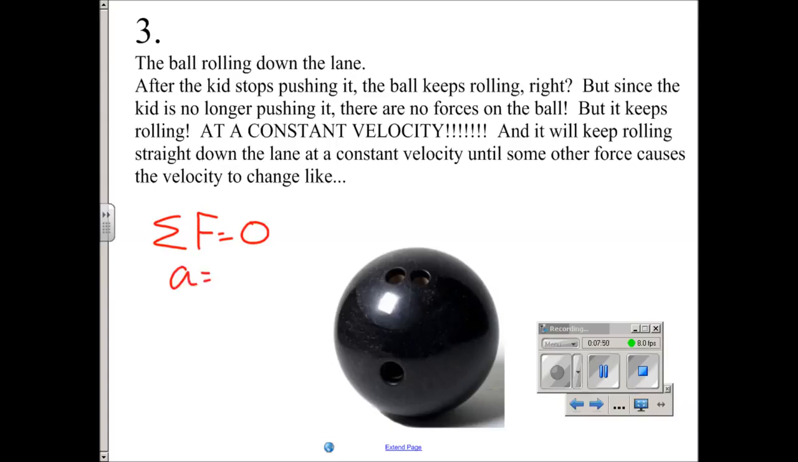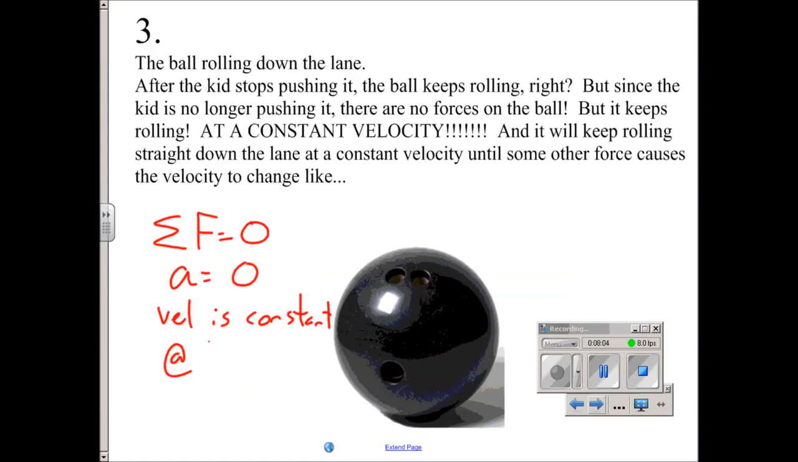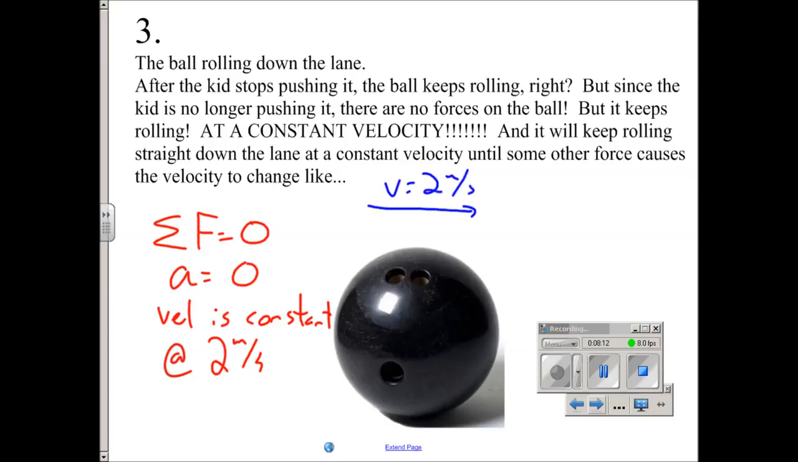So that means that the ball's not going to accelerate, which means that the velocity is constant at however fast the ball was moving when it left his foot, which we said was 2 meters per second. So the ball is going to just keep rolling this way at 2 meters a second because there's no force to cause it to speed up or slow down. Okay? Again, if you need a visual on it,